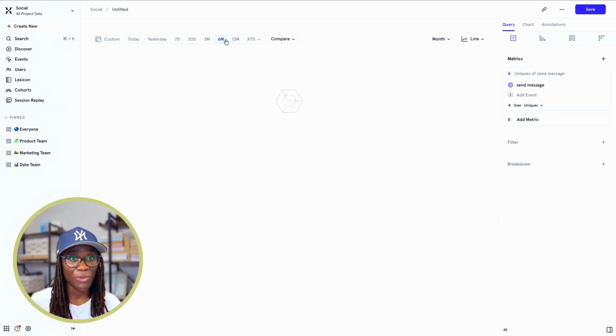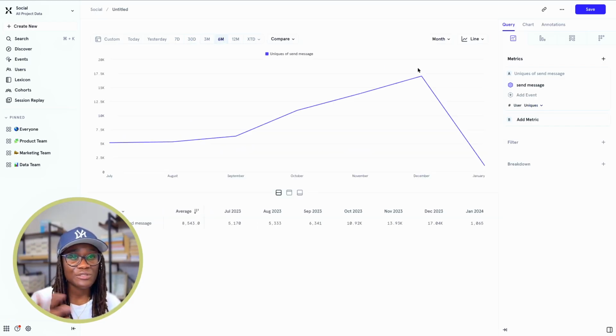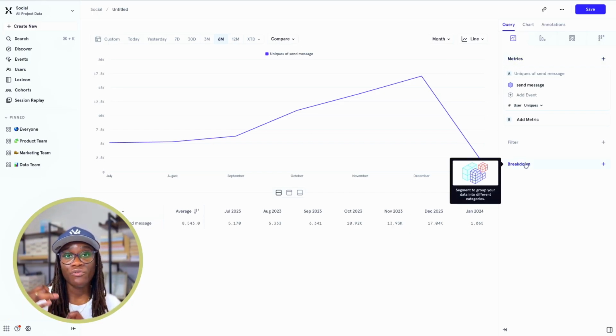past 6 months. We want to break this down further to understand unique patterns of behavior among different categories of users instead of having a general idea of their averages, of their uniques, of their totals. For us to explore the breakdown capability, we see it on the insights reports after we've selected our metric. Breakdowns are usually based off of properties. Those properties could be user properties, event properties, or cohorts of users that have been defined based on certain behaviors